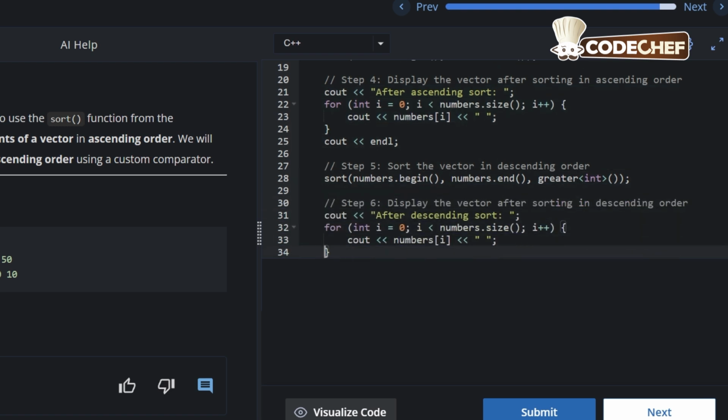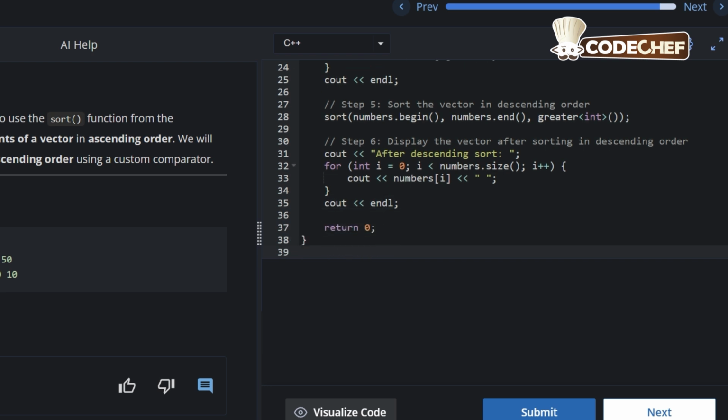Now let us perform the sort operation in descending order. So sort(numbers.begin(), numbers.end(), greater<int>()); So this particular line of code will sort the vector in descending order. Now let us print the output for this particular operation. cout << "After descending sort: ";